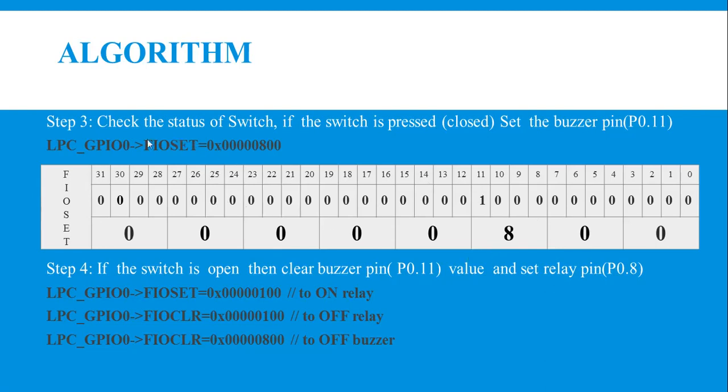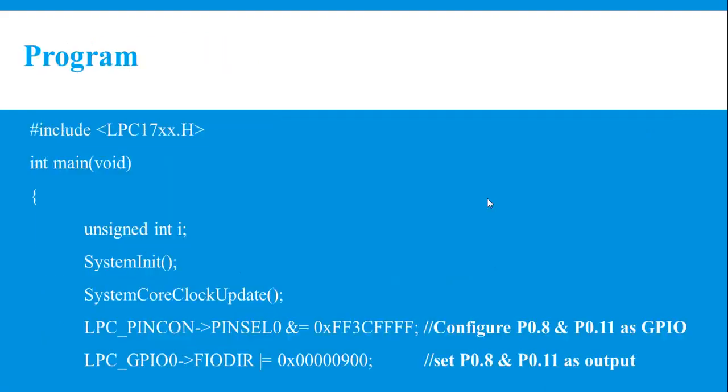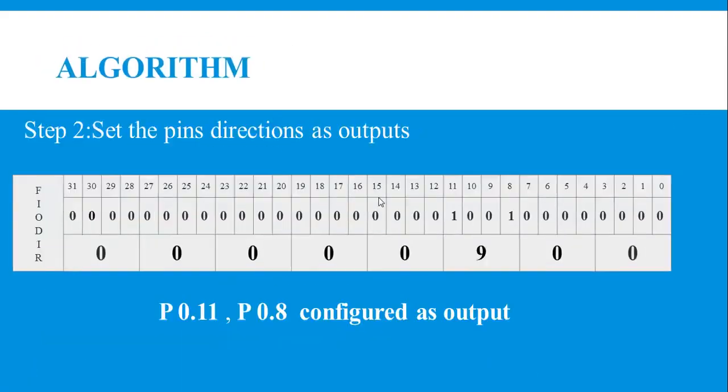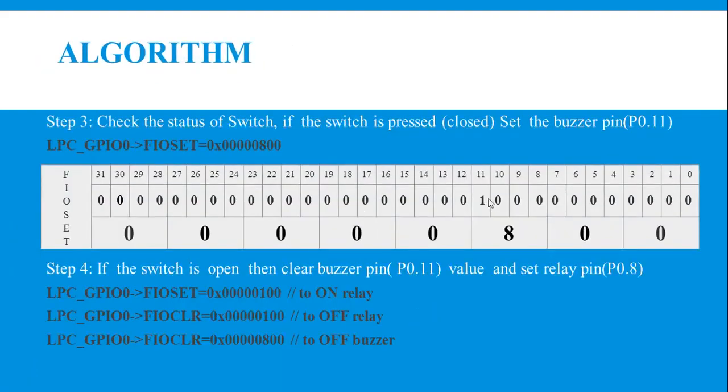Then you cannot use the set register, you have to go for the clear register. If you want to send logic 1, then you should use the FIOSET register, and if you want to send logic 0, you have to use the FIOCLR register. In this case, if you want to send logic 0, then the corresponding bit position should be made 1 with the help of the FIOCLR register. So similarly, if you want to switch off the buzzer, then the register used is FIOCLR with the value